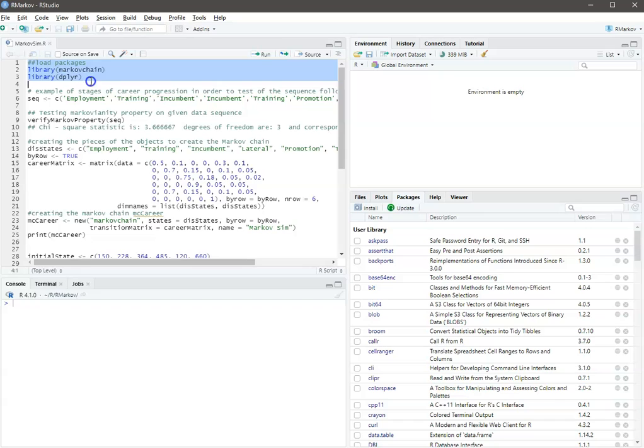So to start, I already have these packages installed. So I'm just going to load them. Here it shows that they are loaded. So next I have